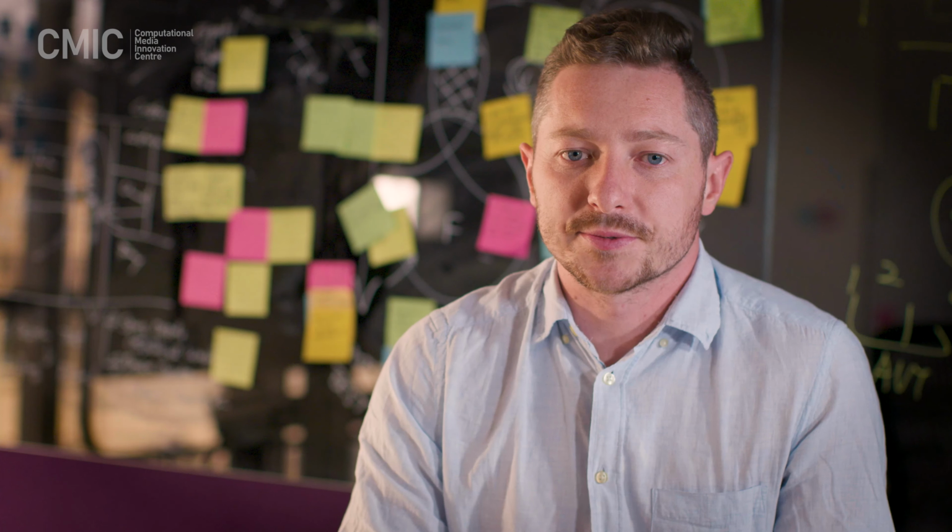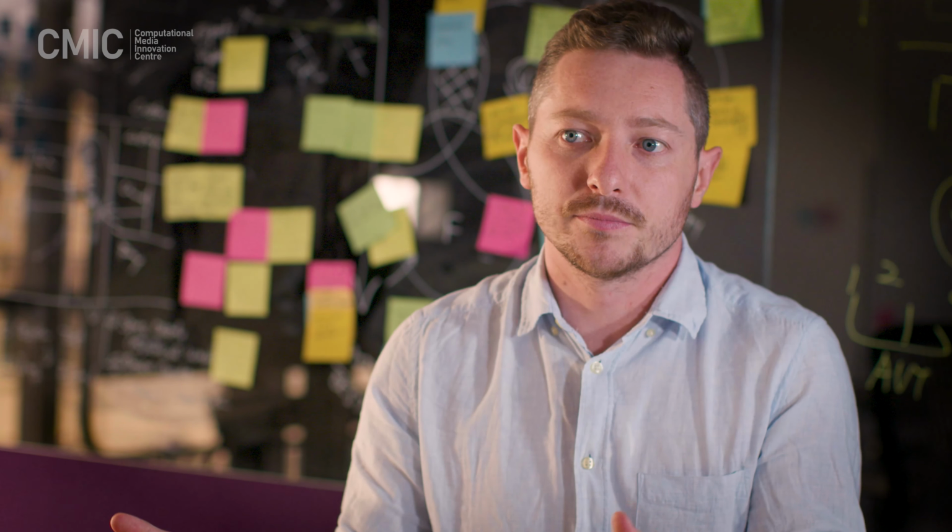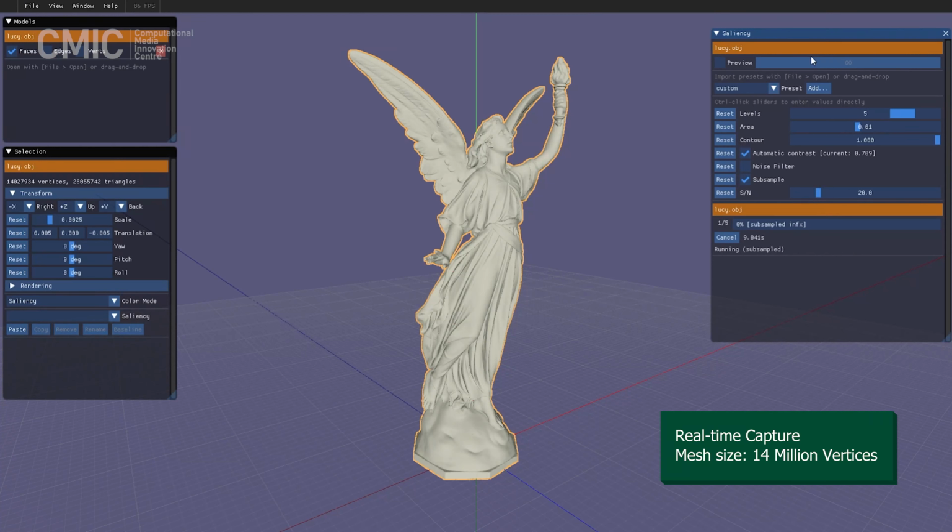So a key concern for us was to make this whole experience comfortable for an artist, which meant that we couldn't take more than a few minutes to turn over one of these models. Being able to provide a tool like this that's suitable for artistic use means that it needs to run really fast. So one of the key pieces of work that we did was optimization around the way that the algorithm